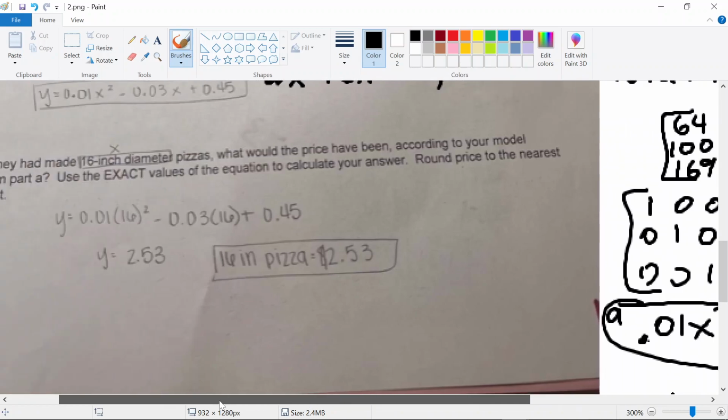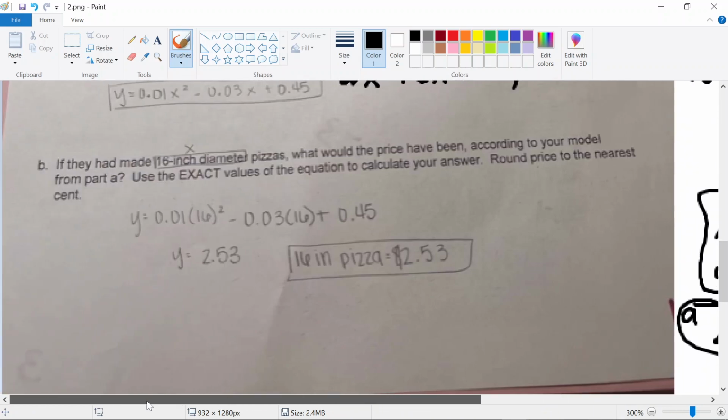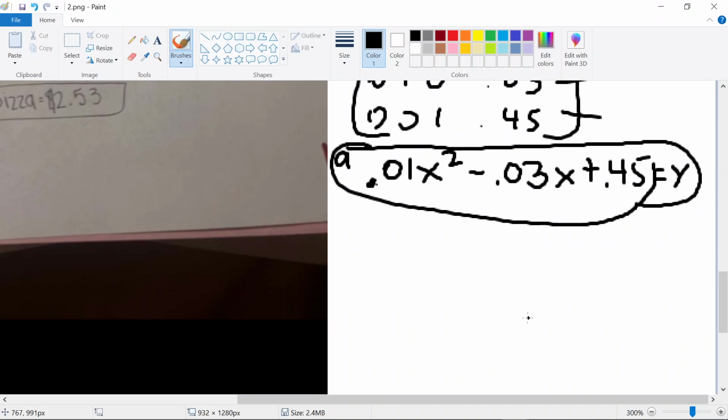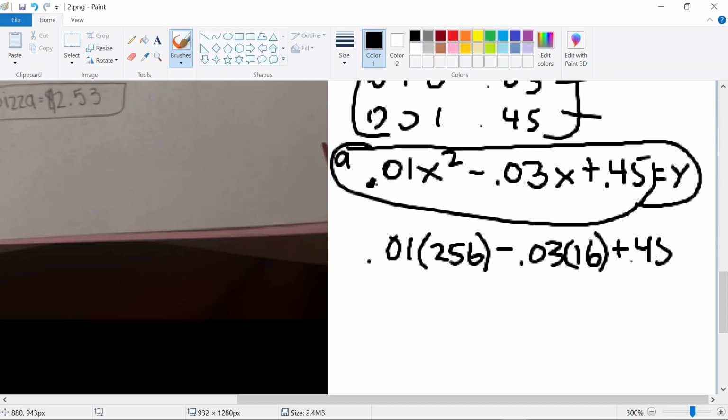Okay, very good. Part B says, if they had made a 16-inch diameter pizza, what would the price have been? We'll just plug in 16. 0.01 times 16 squared is 256, minus 0.03 times 16 plus 0.45. And that comes out to,